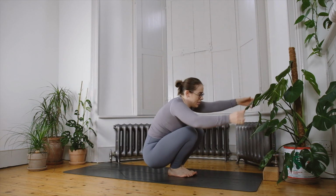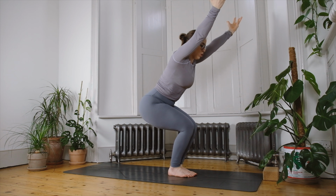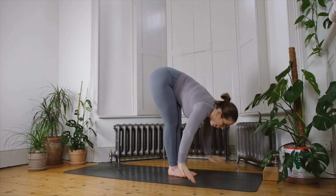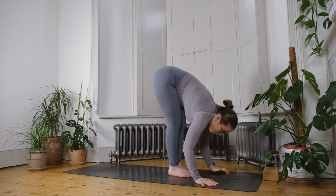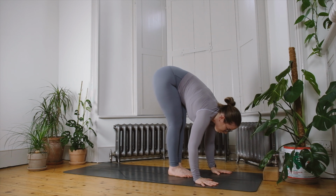We'll plant the feet at the front of the mat with a deep bend in the knees, finding that invisible chair behind us. Pinky fingers spin in. As you exhale, fold into your legs. From here, yogi's choice, you could step back one foot at a time. You could make your way into child's pose, or if you wanted to come through chaturanga by jumping back, we